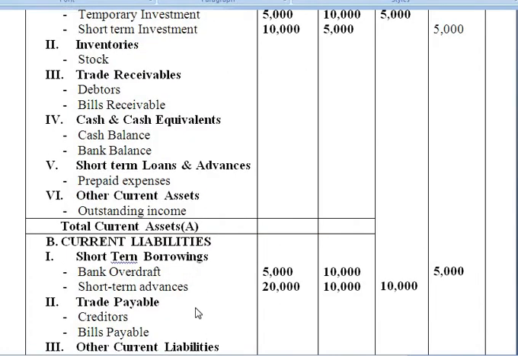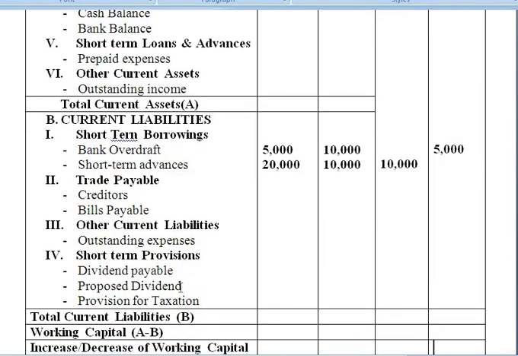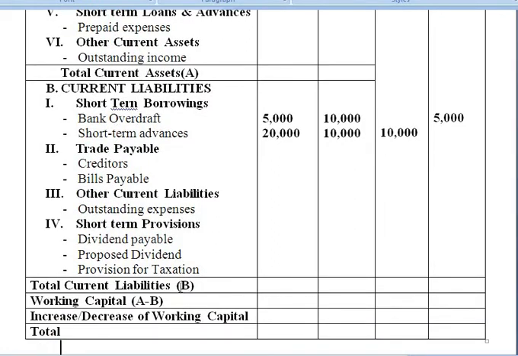Okay, as we have written current assets amount the same way, we have to record all the current liabilities given in the problem, along with their opening and closing balance. Now the rule for recording the increase in current liabilities is that an increase in current liabilities leads to a decrease in working capital, whereas a decrease in current liabilities leads to an increase in working capital.